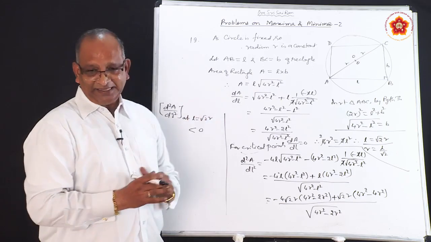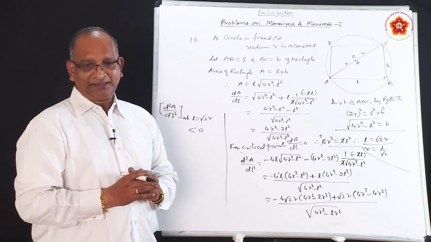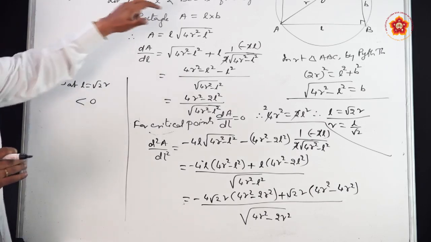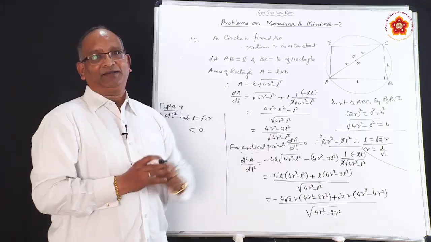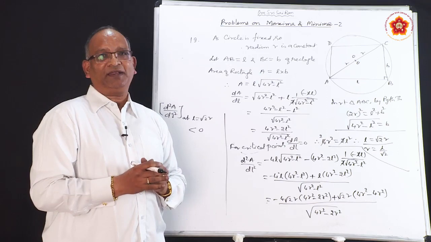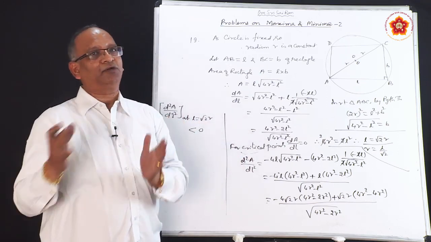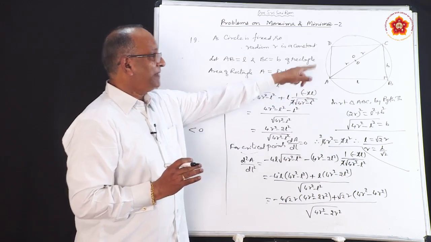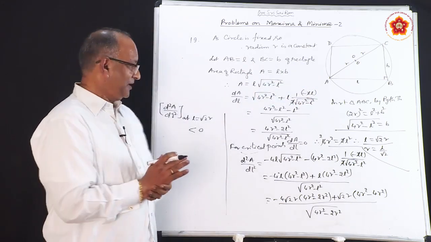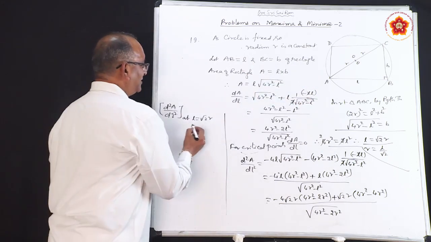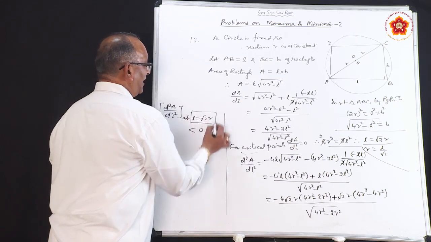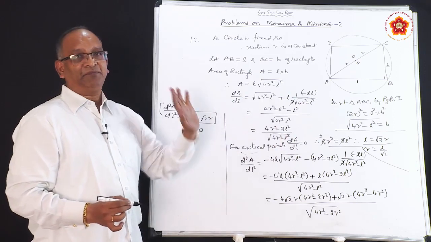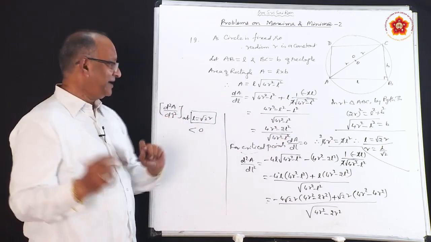What did he ask in the problem? He said, in the same problem, prove that it is a square. How will you prove it is a square? You have to prove that length is equal to width. So, length and breadth, we have to prove that both are equal. So, what did we get? We got at L equal to root 2r, area is maximum. Now, we have to prove length and width are equal.